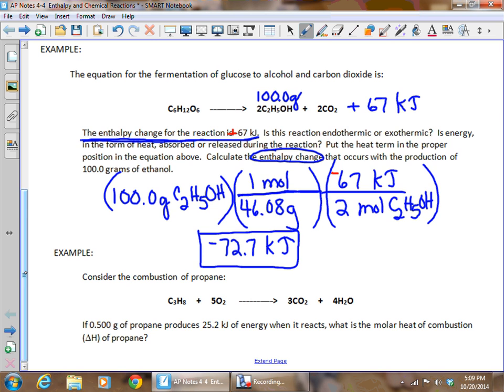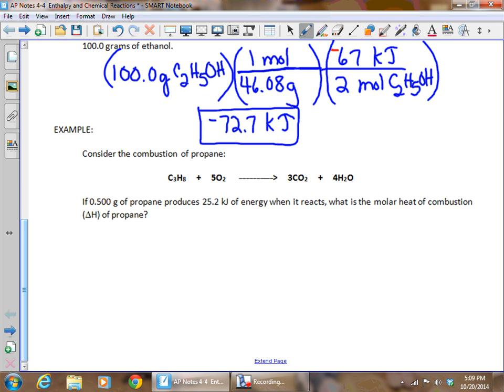So on the next one, it says to consider the combustion of propane, and it gives us that equation. And it says that if we have 0.500 grams of propane it produces 25.2 kilojoules of energy when it reacts, what's the molar heat of combustion of propane? So we know that 0.500 grams of propane, this is propane, C3H8, produces